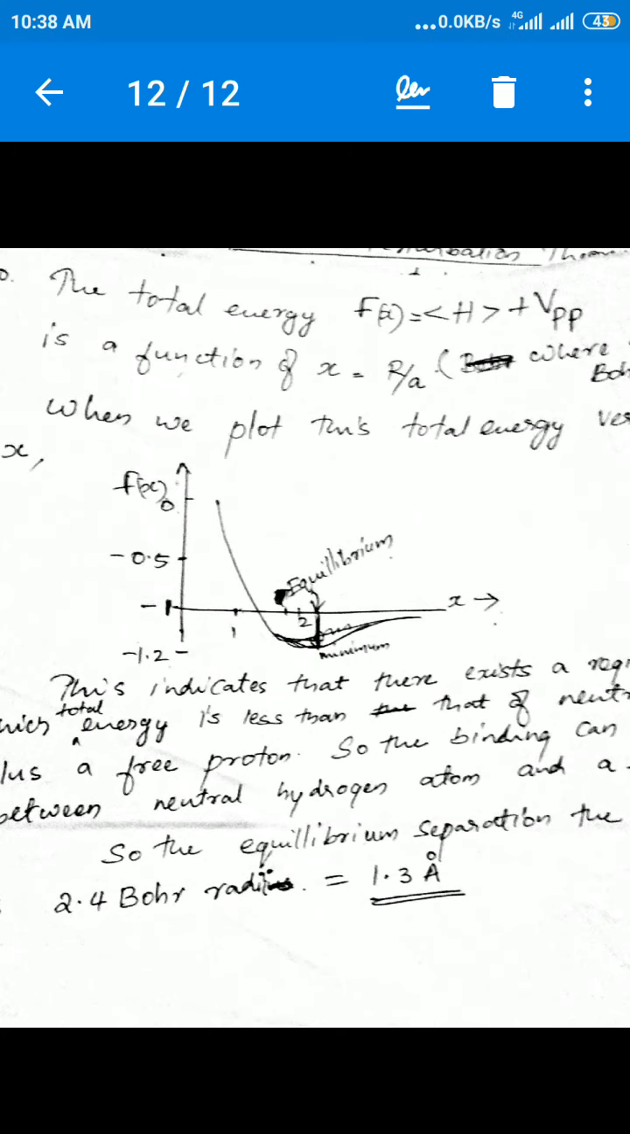So if you plot that with respect to x, the total energy versus x, then you will get a curve like that as shown in the figure. This indicates that there exists a region in which the total energy is less than that of the neutral atom plus a free proton. If you consider a neutral hydrogen atom and a free proton,